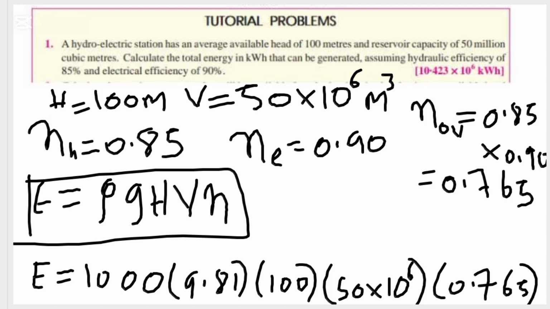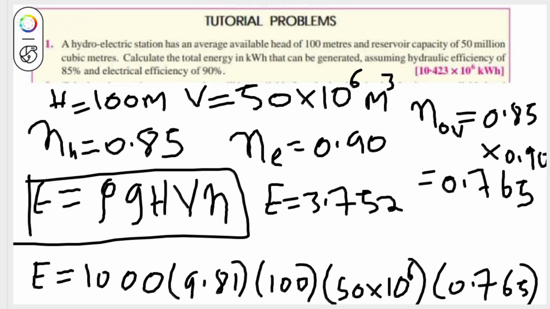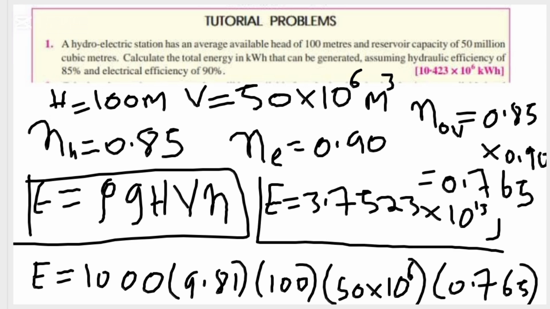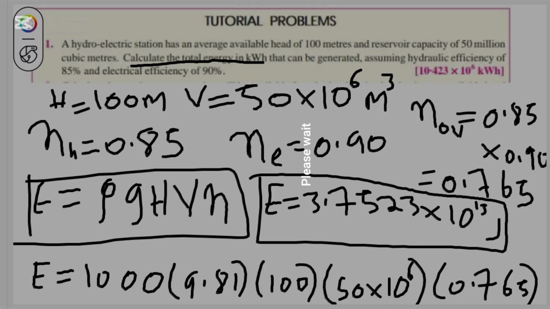So at the end, I'll get my E should now be equal to 3.7523 times 10 raised to the power of 13 joules. So I have to convert this to kilowatt hour, because it says calculate the total energy in kilowatt hour. So to convert this to kilowatt hour,